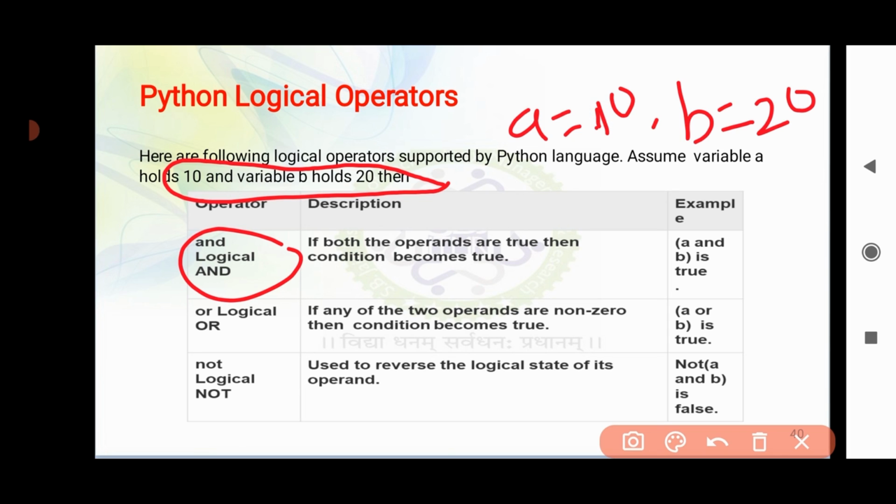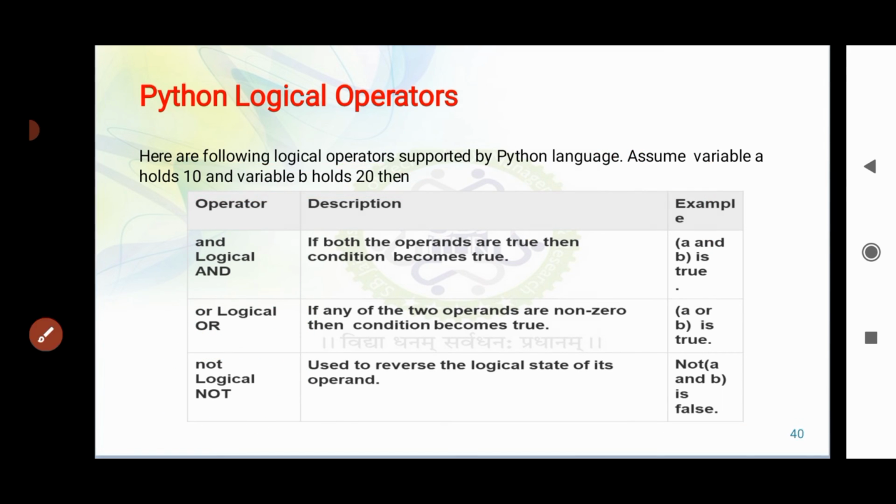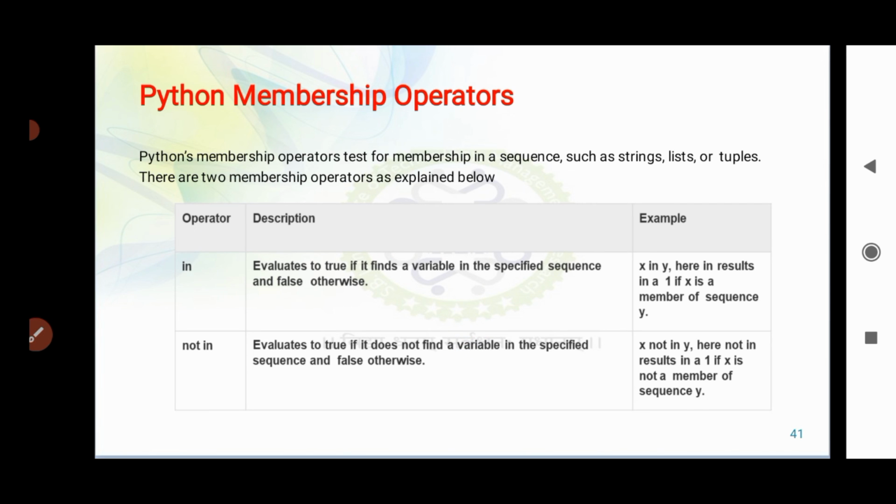So how can I perform 10 and 20? Because I need a result in the form of a logical value, first of all these values are converted into binary form, and then those values are compared and hence the result is found as true or false. The same thing happens in the case of logical OR as well as logical NOT. So this is how logical operators work in Python.